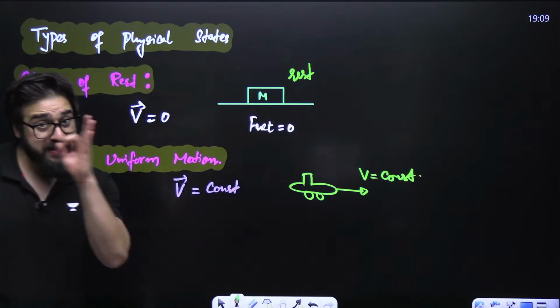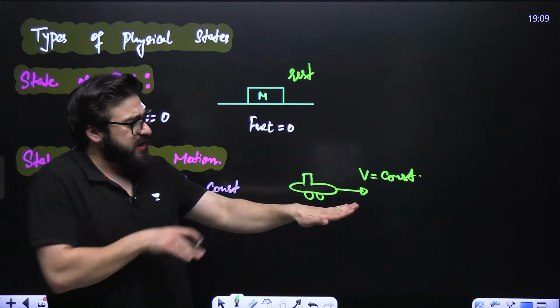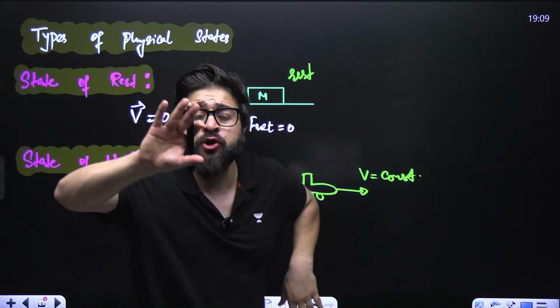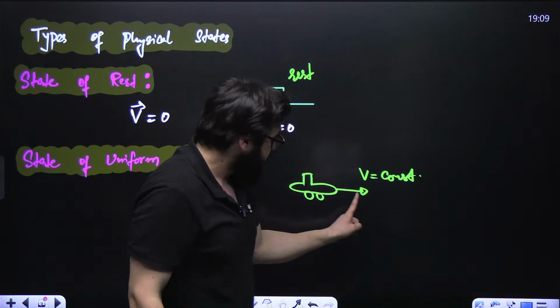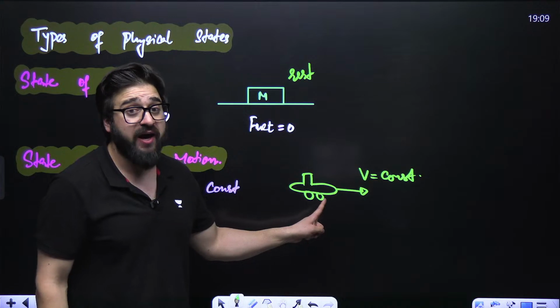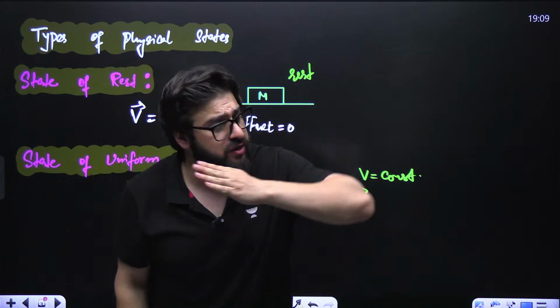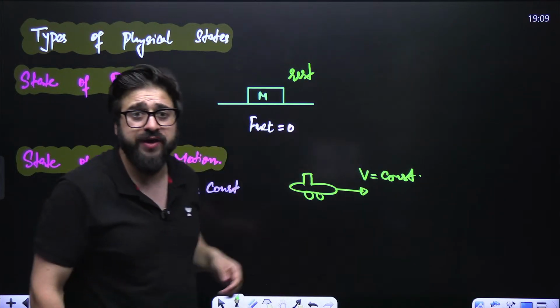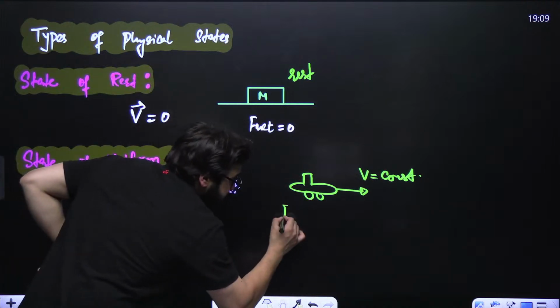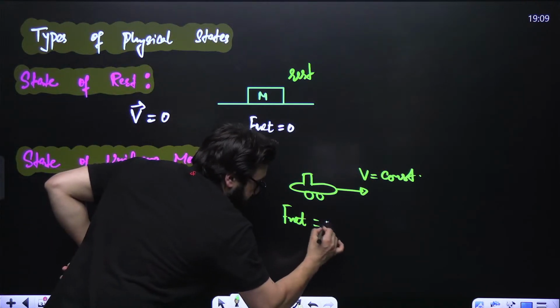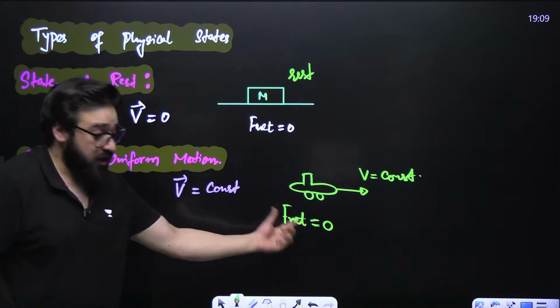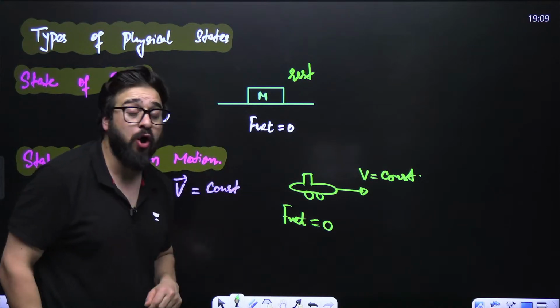Guys, understand very carefully. This car is moving on a road in which no friction is present. Means the road is not going to stop this car, because that is a frictionless road. It will keep on moving. If I say net force on this block is 0,